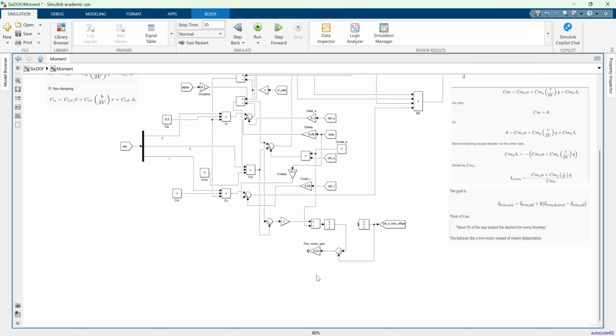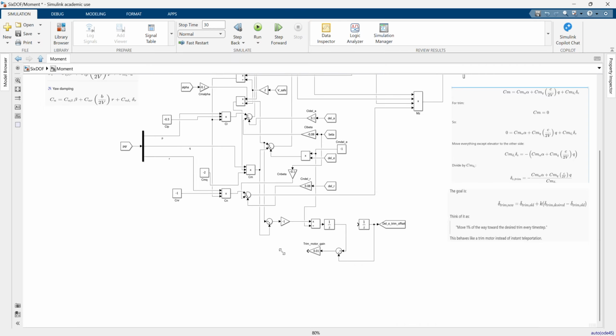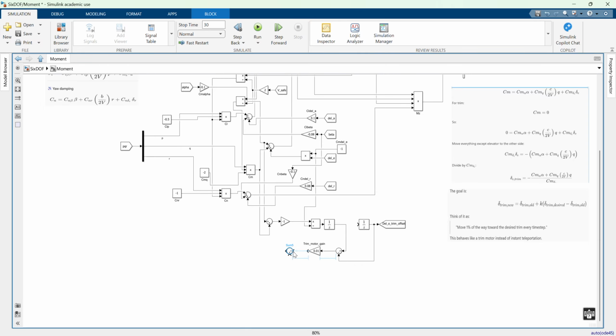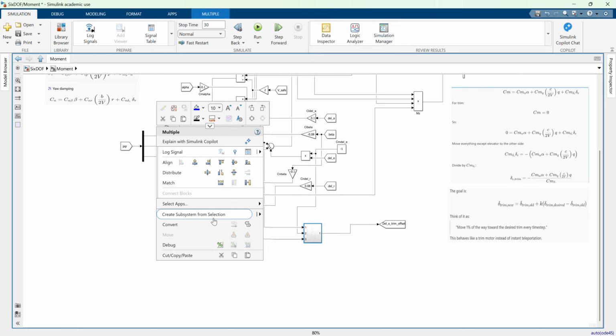Okay. And now I need to add both old and the fractional trim motor gain. So use another sum. We can rotate that as well. There is one coming from that, and another one is this old guy. Okay. Once we have those, I will just add this to this unit delay. That completes my trim algorithm along with a motor in there, or automated motor, whatever you want to call it. I am going to make a subsystem out of it so I don't increase the